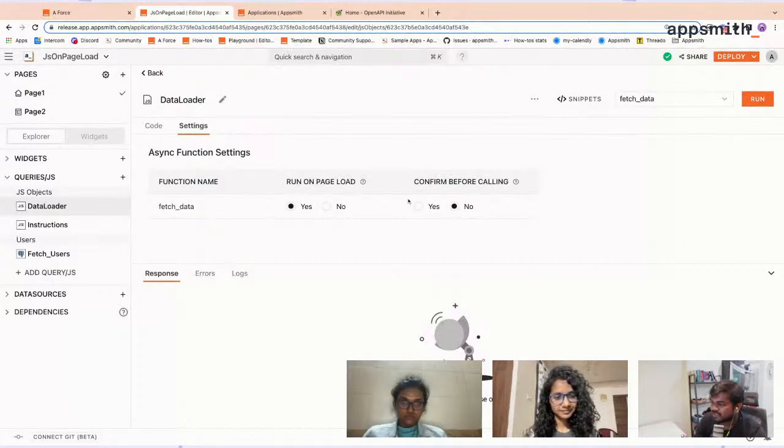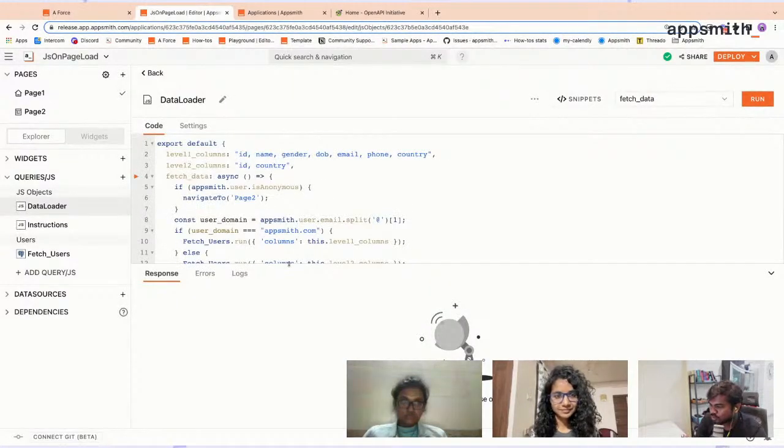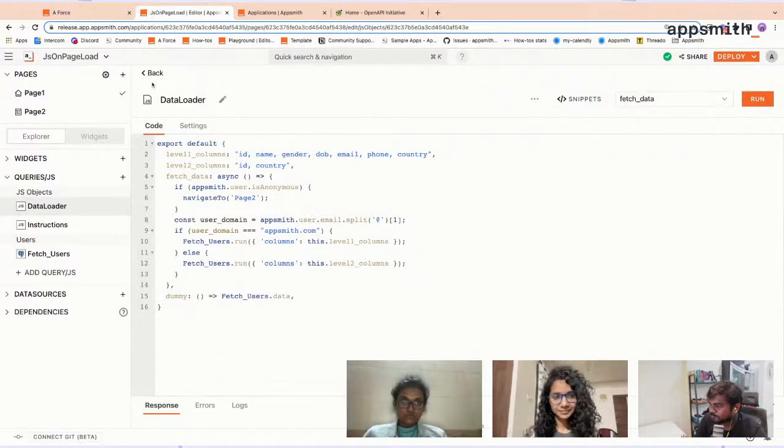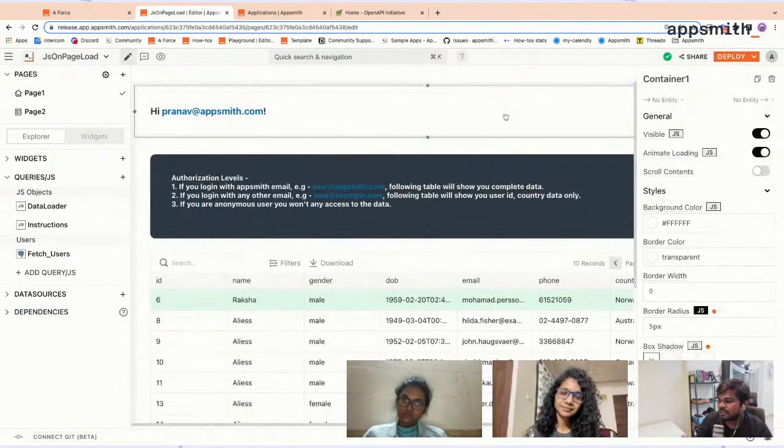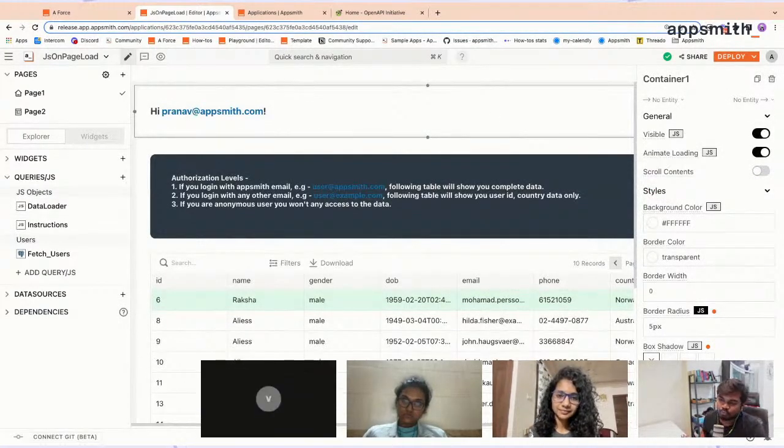So let's just take a look at the use case that we have for this particular application. So my requirement over here is, whichever user logs into this particular application,